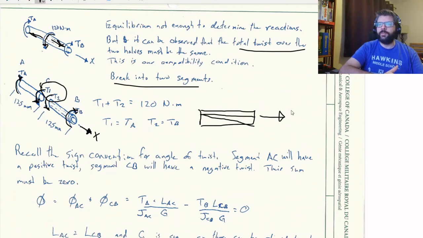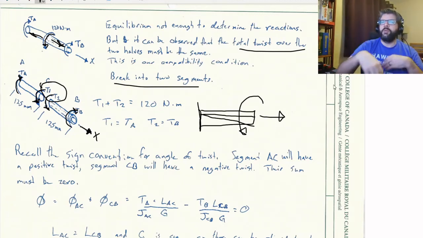And again, that's because if we were fixing this thing on this end and applying a positive moment about the x-axis, it will cause a positive twist. So our sign conventions match what we expect to see for both torque and angle of twist,